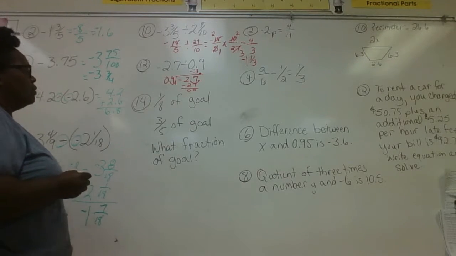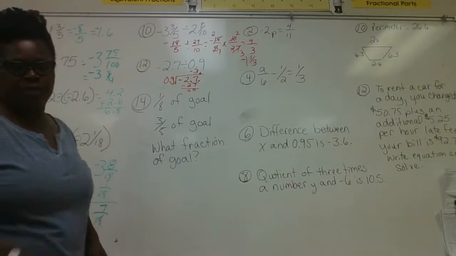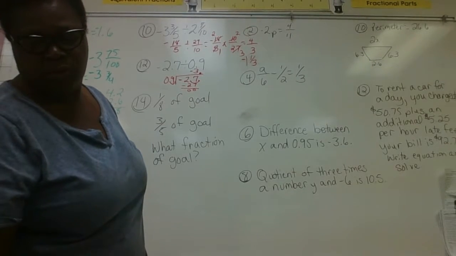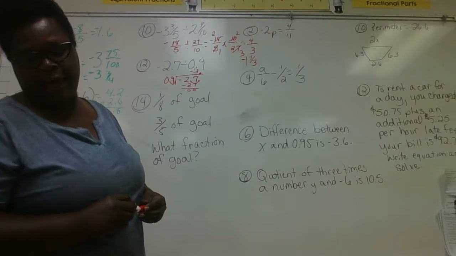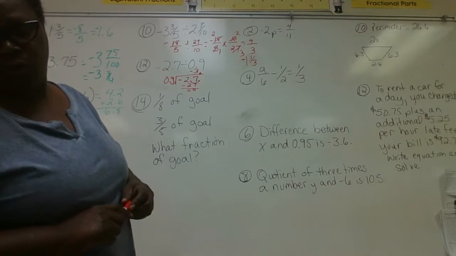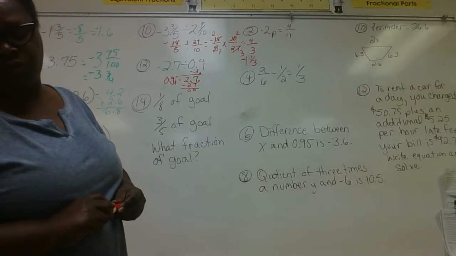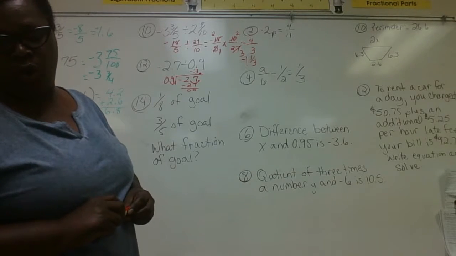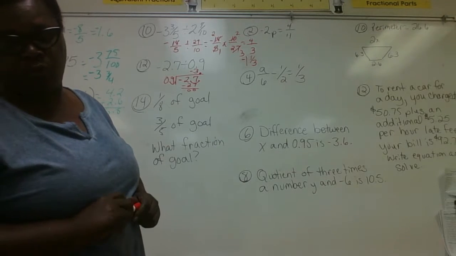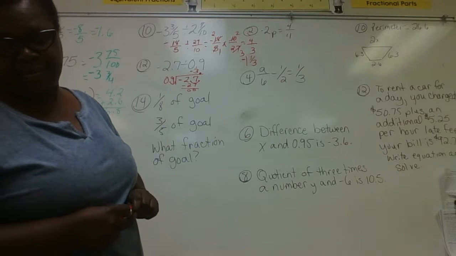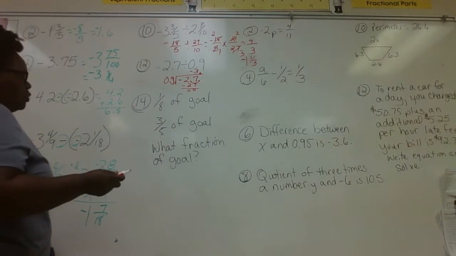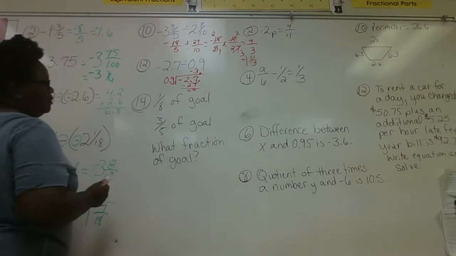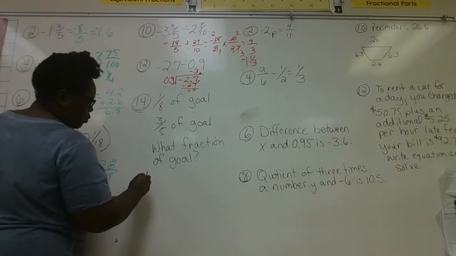1/8 of our goal was reached. The word problem reads, your class is holding a fundraiser for a local charity. After the first week, your class raised 1/8 of your goal. After the second week, your class raised a total of 3/5 of your goal. What fraction of the goal was raised during the second week of the fundraising? So if your goal is the whole amount, in this case, you have 1/8 of your